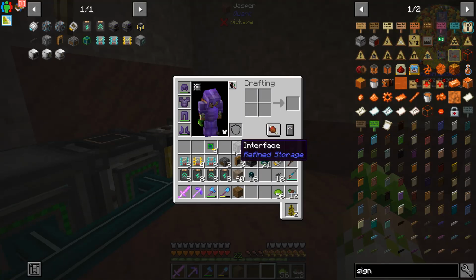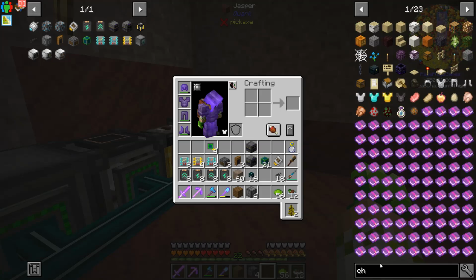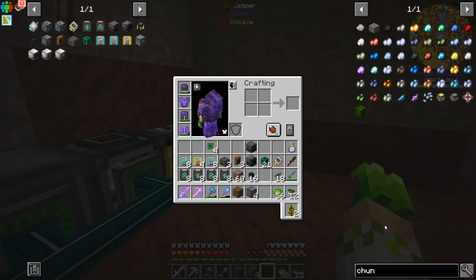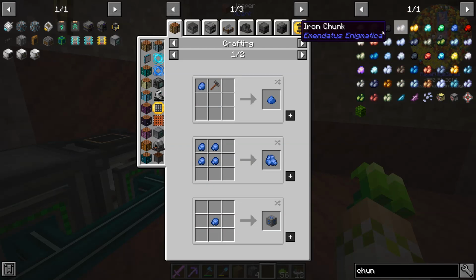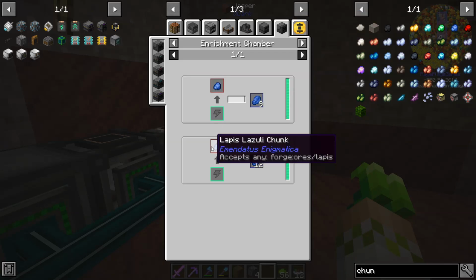And that's going to start with interface, because these are what are going to bring all the different chunks that we need for this setup over to us. So if we look, there's a lot of different chunks, and we're not going to be processing all of these with this system, because if we take a look at something like the uses for lapis chunks, well, if they go in the enrichment chamber, you're going to be able to get,